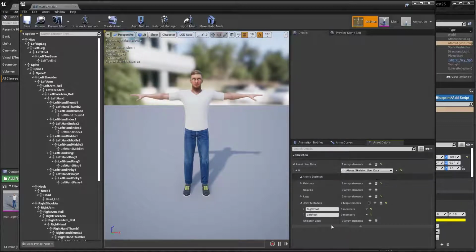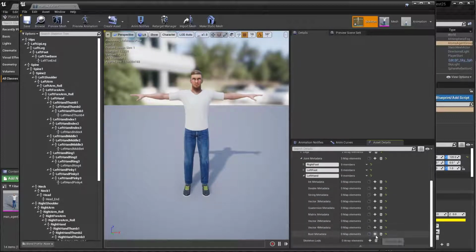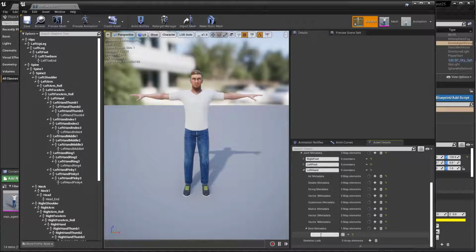So let's go to the joint metadata inside the skeleton user data. So let's add a new slot to the joint metadata, and we need to add the metadata for the hand. So let's set the left hand joint name here. Now let's open and go to the bool metadata, and now we need to add the skip children metadata and activate. What this metadata does basically is tell Atom to exclude all the children of these joints from the skeleton definition. So if I press save,